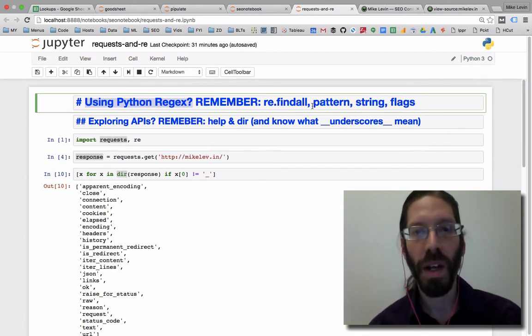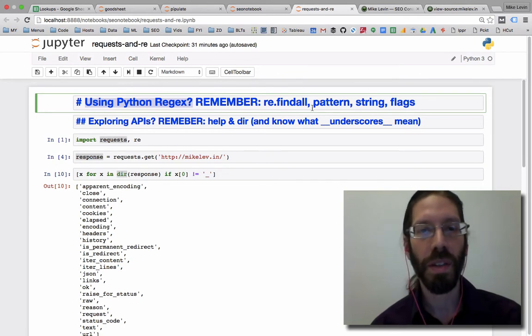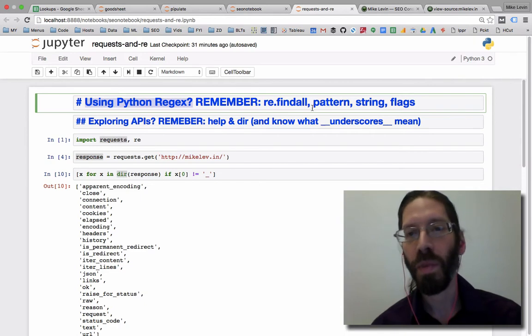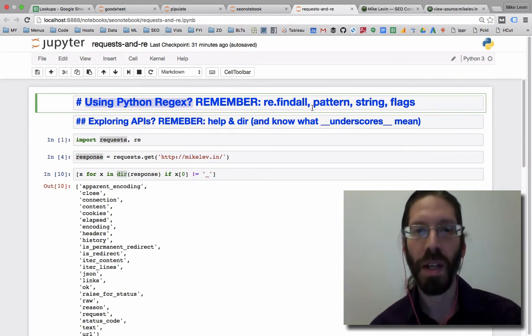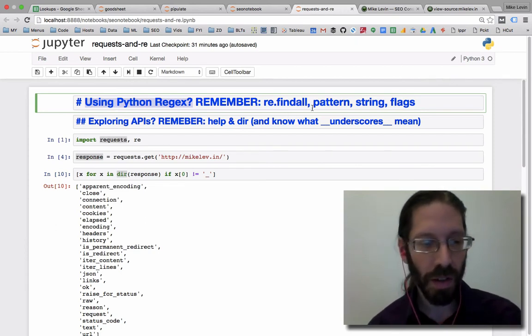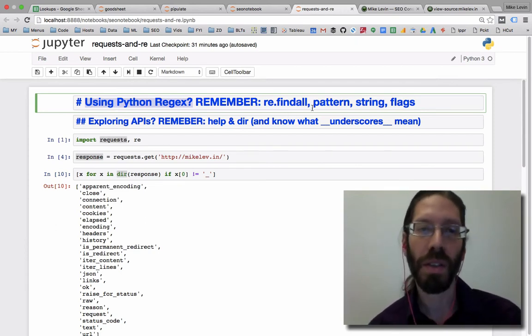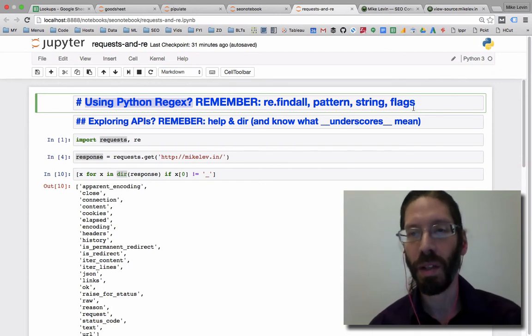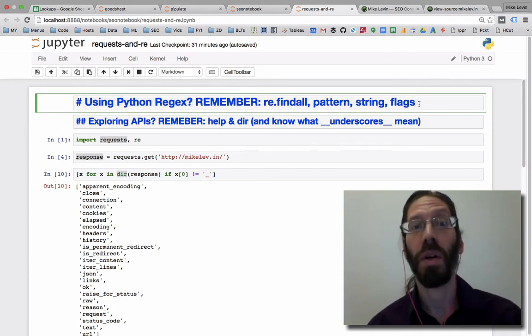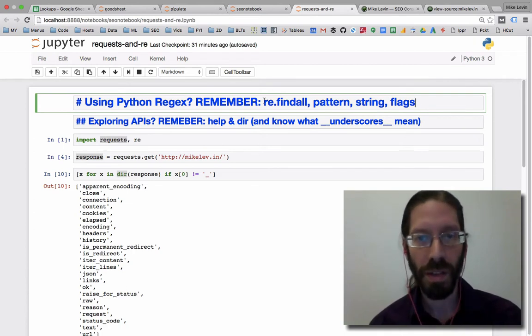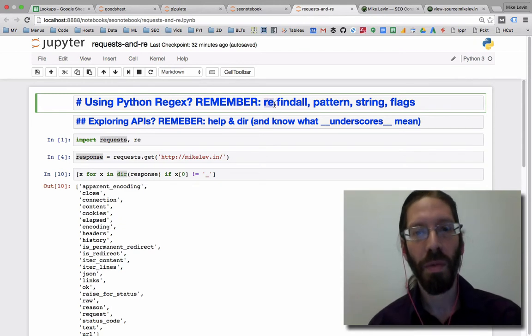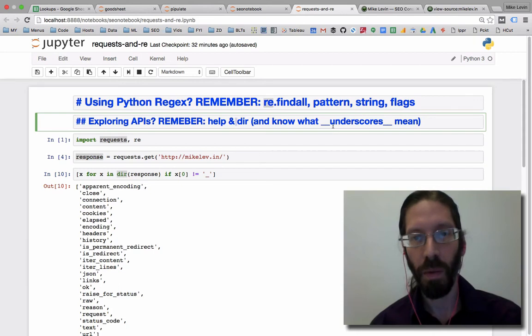A lot of people hate regular expressions, but it's because they haven't simplified it to the simplest point in their mind. It gives you tremendous power. Pattern matching is a valid way to parse HTML no matter what anybody tells you. And the other alternatives are the XML parsers, and this tutorial could have been about the XML parsers and XPath and stuff, but it would have been a much more complicated tutorial, more complicated than using regex. So all you need to remember about regex, okay, because we covered this other stuff, help and dir, and what underscores mean,